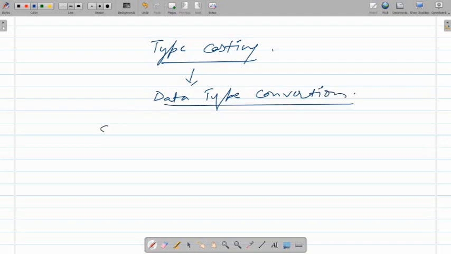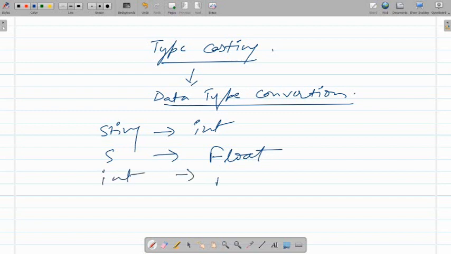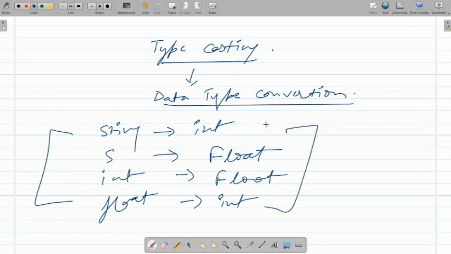If you want to convert string to integer value, string to float value, integer to float value, and float to integer value, this is called typecasting.